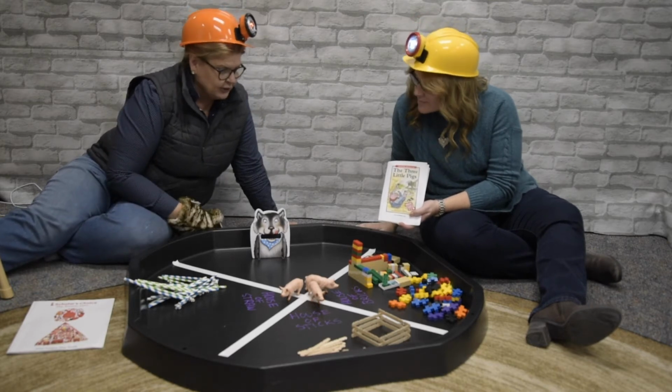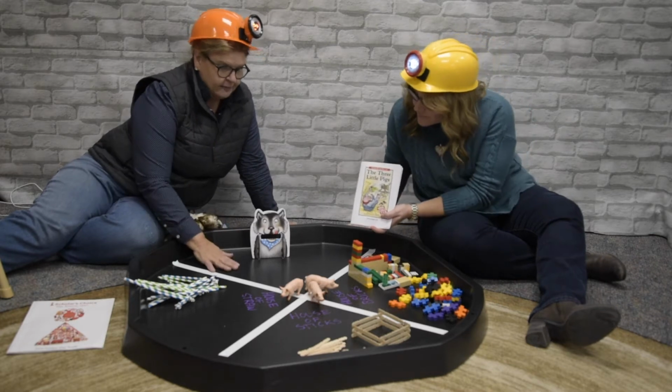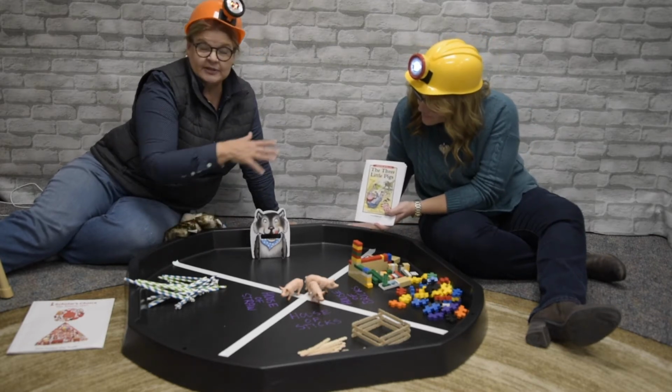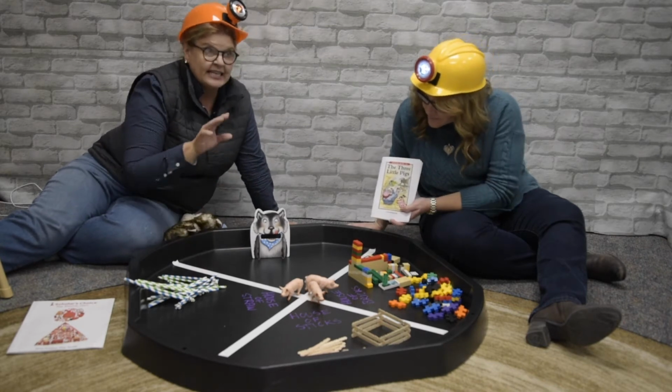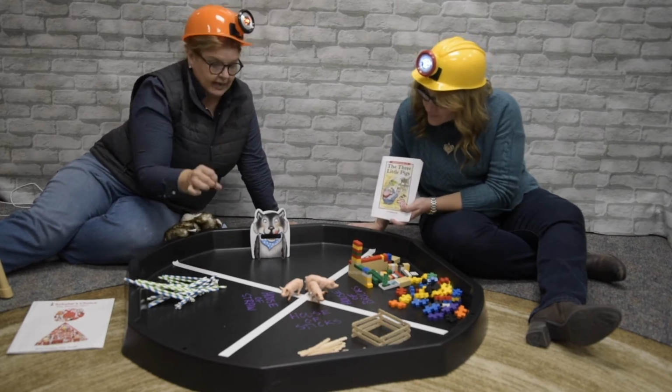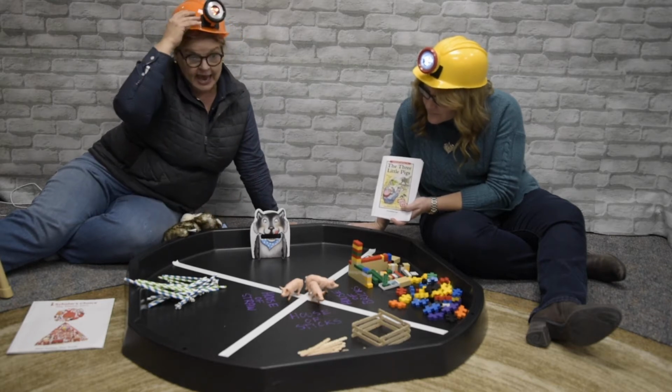So what we've done here today is Jen has the 3 little pigs, and we're using our Active World tray. The idea was that you would read these books, and then you would set up this small world activity and demonstrate how we could bring the book to life. So if we set this up for children and had them retell the story to us, as you can see,